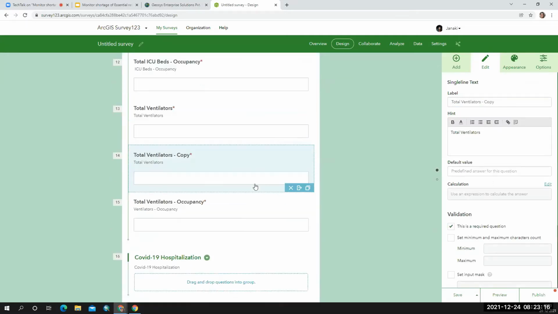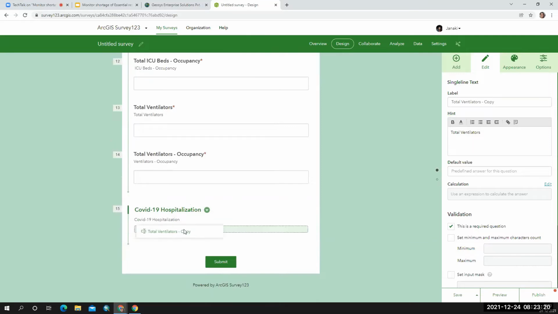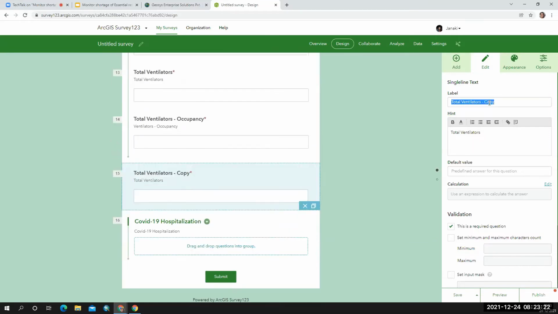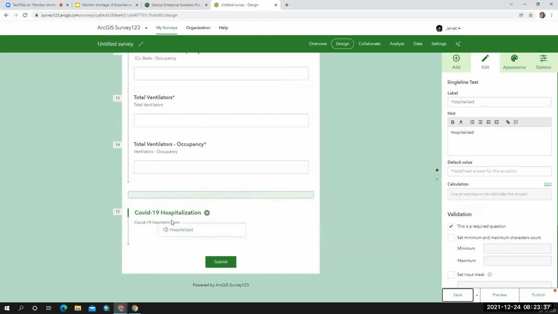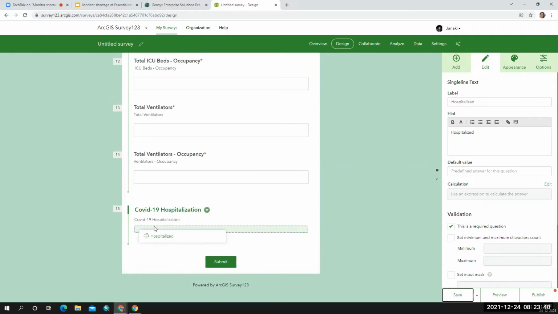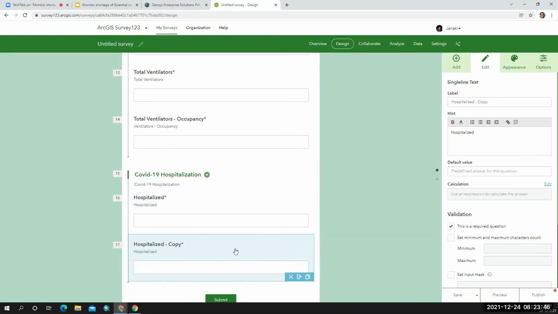So I'm just duplicating this. Patients who are hospitalized. Okay, so how many are hospitalized and ventilated?